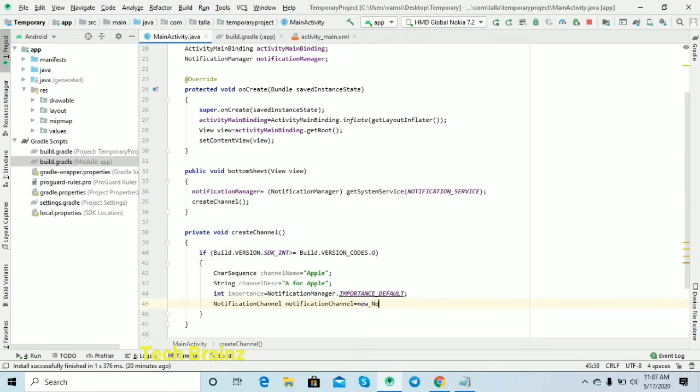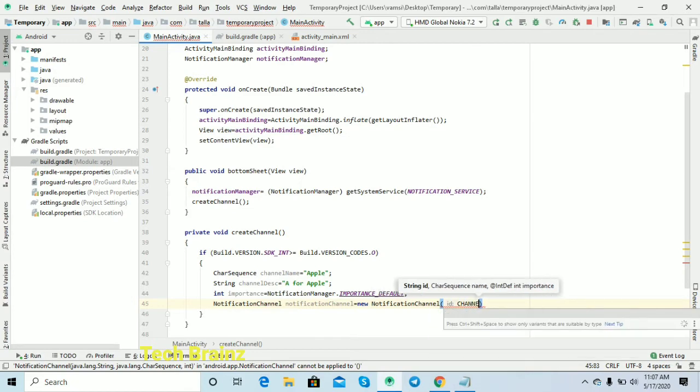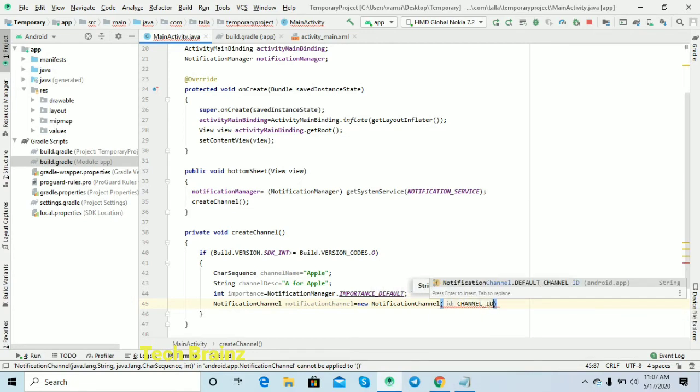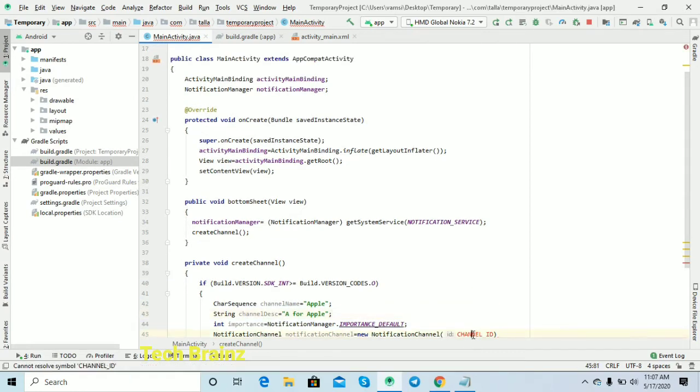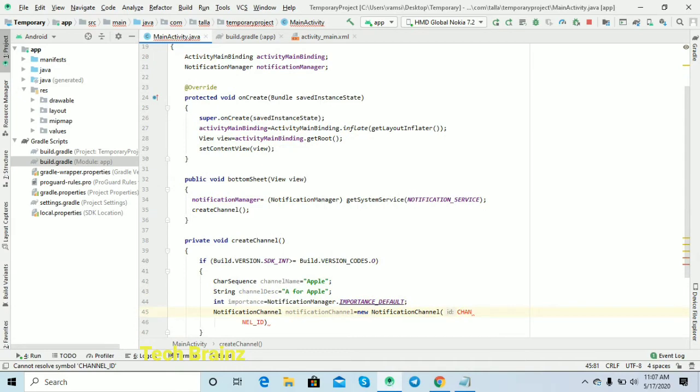Next we are creating a NotificationChannel object. We have to pass the channel ID. We have to make one channel ID. I think we have to make this static ID a global variable. Just press Alt+Enter.